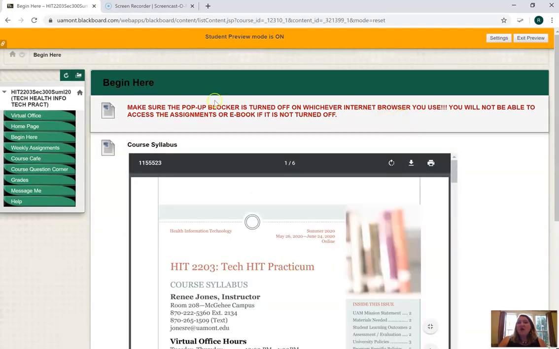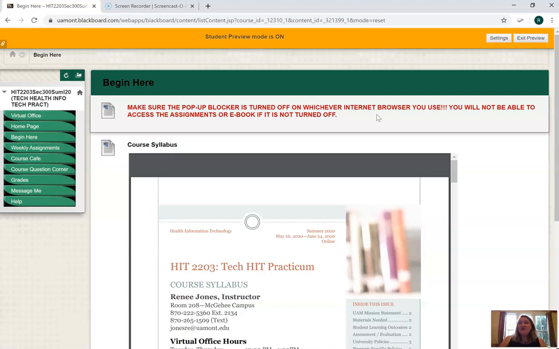And obviously at the top of my page, I always say when you're doing this to make sure that your pop-up blocker is turned off, because we will have things that go to a third-party publisher. And if your pop-up blocker is not turned off, then you will not be able to see that content. If you use Safari or Internet Explorer, which I don't recommend, Edge will not work at all.